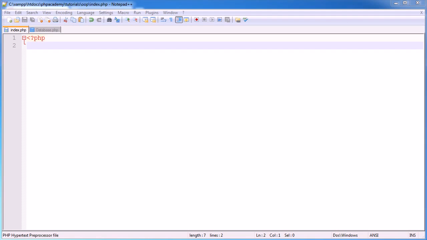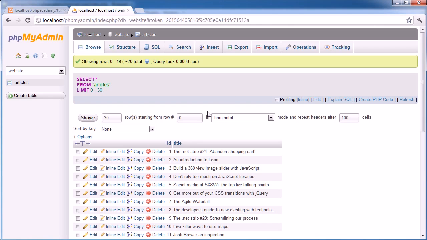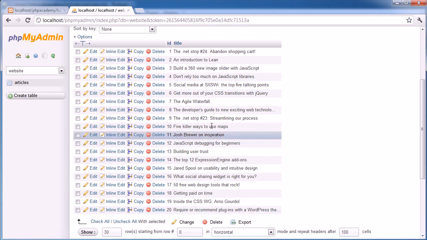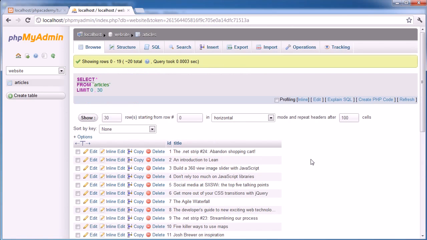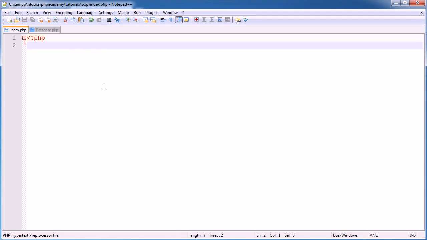So the first thing to do is take a look at the database table that I'm using. I've got a database called website, I've got a table inside of this database called articles, and I have got 20 articles in here, just article titles. That's all we're going to be looping through. First, I'm going to show you how this database class works. I'm not actually going to show the source code or start to write it, so you'll get an impression of how easy this can be to use if you were to apply